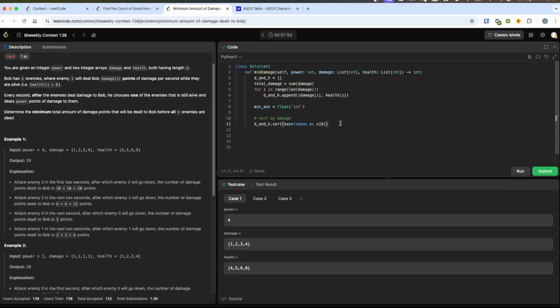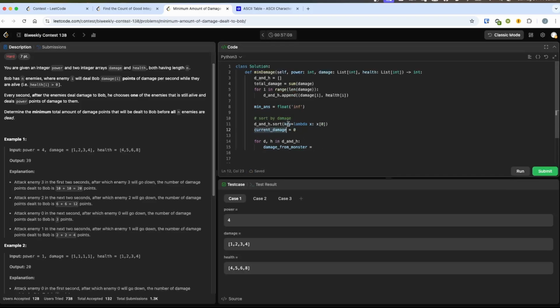Okay, so let's go through this list, and for each one we're going to say the total number of damage that we can take is, for D, H in DH, right? So basically, the number of damage that we're going to take here is equal to damage from monster equals, so this is 0. So the damage from this monster,